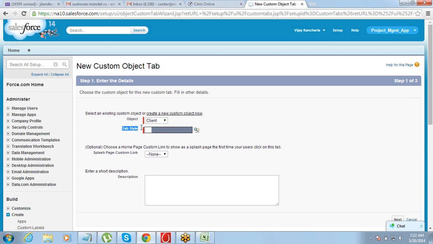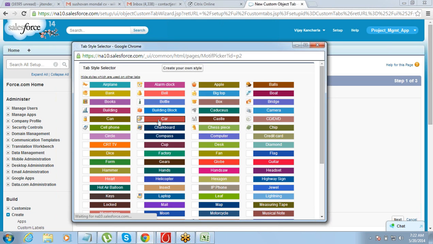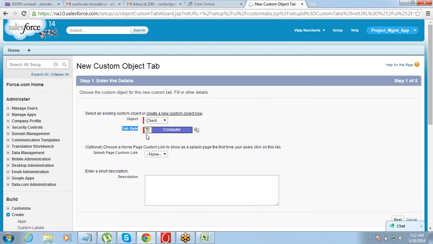While you're creating a tab, you'll have to select a tab style. So what is this tab style thing? Tab style is just a collection of a graphic and color, right? If you want, you can create your own style also, or you can pick any of the existing tab styles which are available there. So when you open a record, you might have noticed when you go and open an account or something, this is going to be the color theme there, and you see a small image here. When you open any account or any record, you try that, you will see it. So that is what a tab style is.